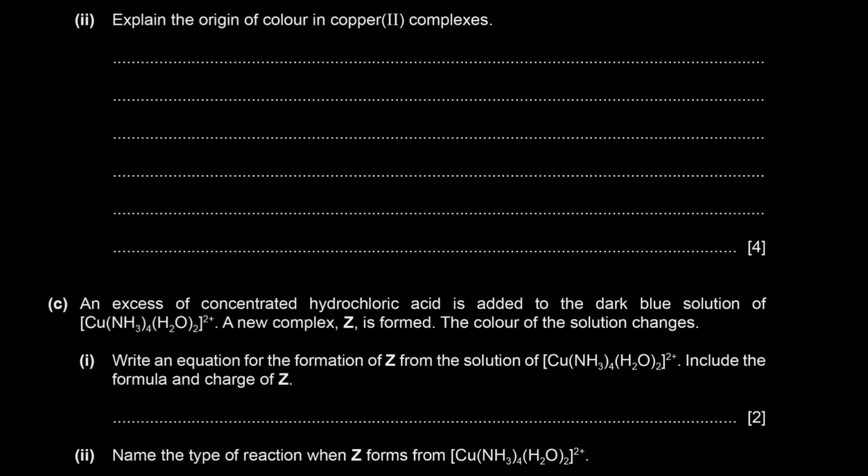Explain the origin of color in copper 2 complexes. So here, I'm just going to write this in bullet points, okay? But this is a very common question in the exam. What happens is that the d orbitals are split into two different sets with different energies, or you can say into non-degenerate orbitals. The delta E corresponds,